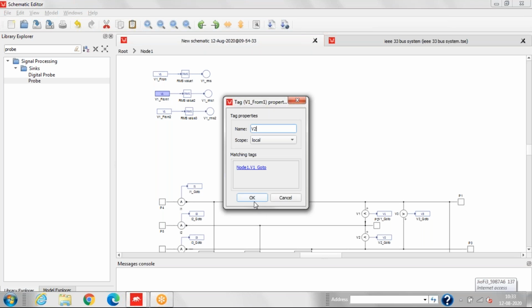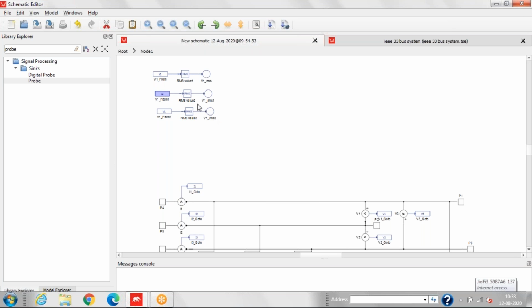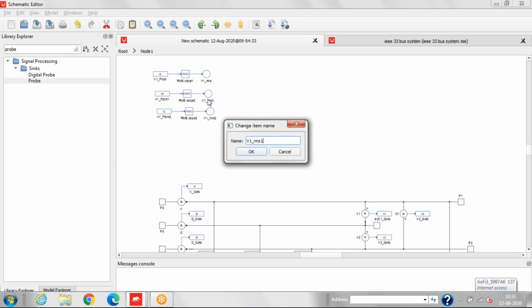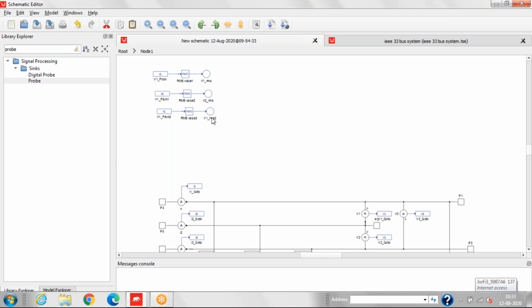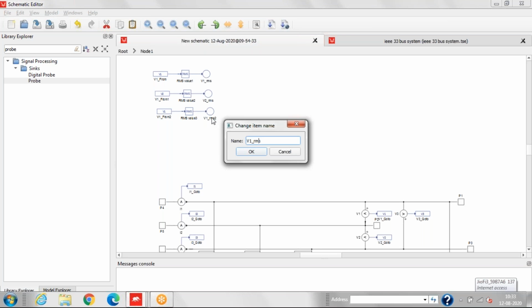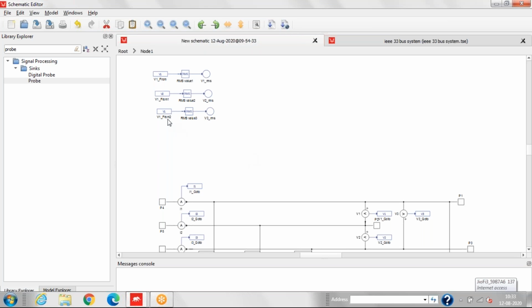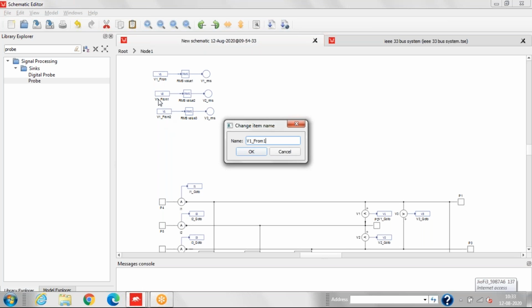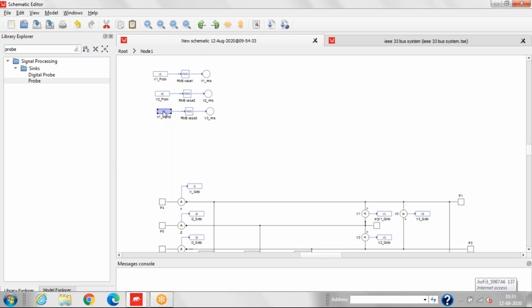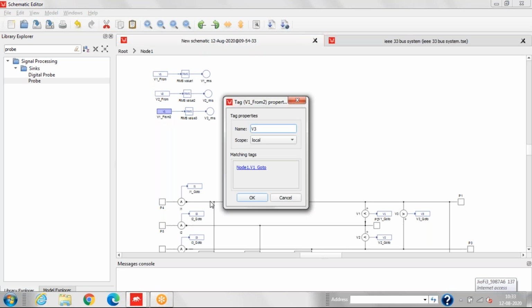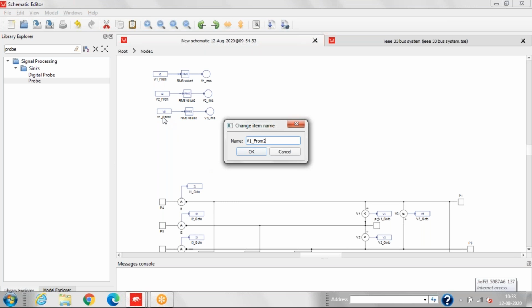This is for V2 and this will be V2 RMS, and similarly this is for V3. So we'll change the name according to that.